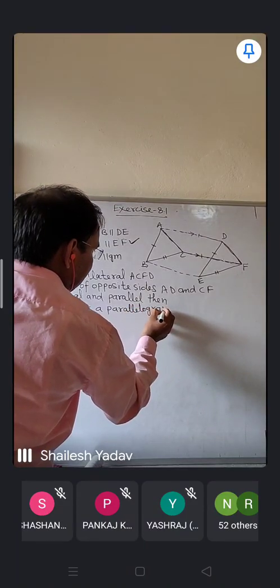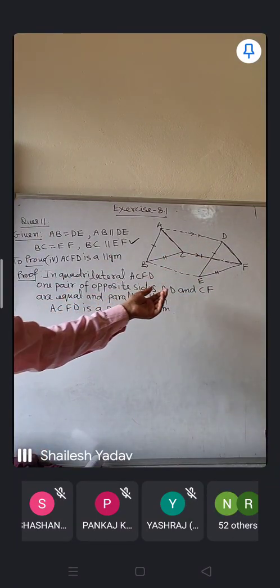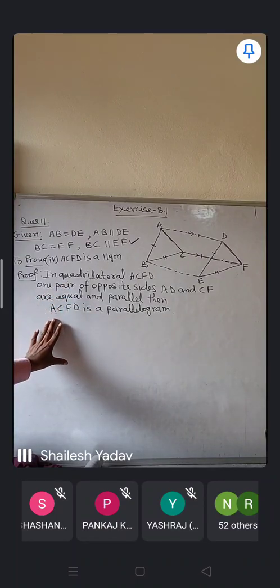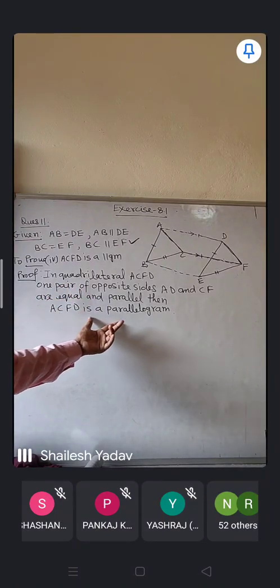So again the same reason you had given, but in the question it was not given that AD and CF are equal and parallel. In the third part you had given the proof that AD and CF are parallel and equal. So from the third part you got that AD and CF are equal and parallel. So if in a quadrilateral one pair of opposite sides are equal and parallel, then it will be a parallelogram. So you had given the reason.